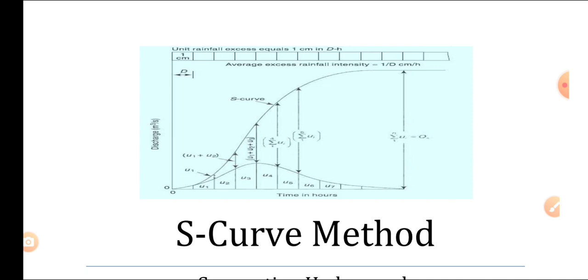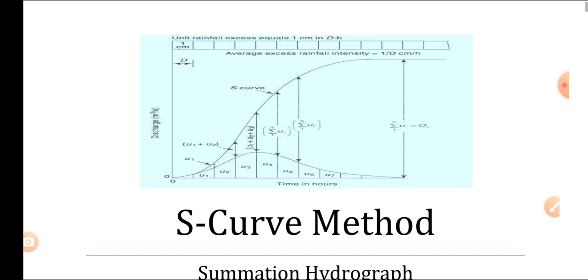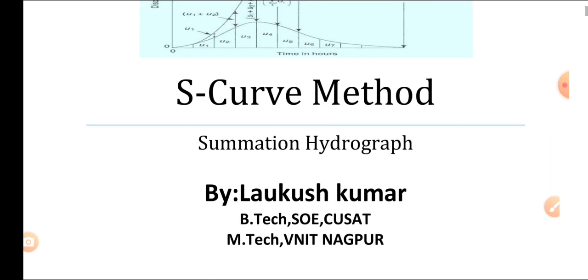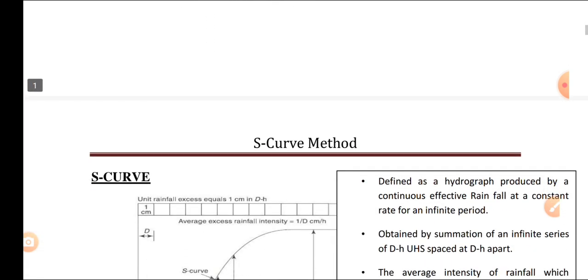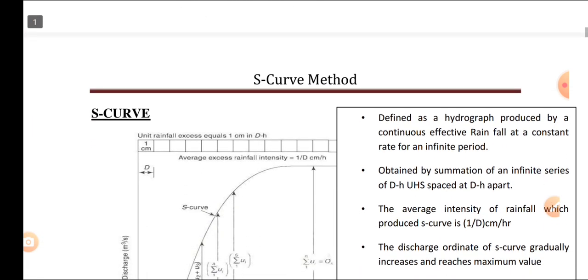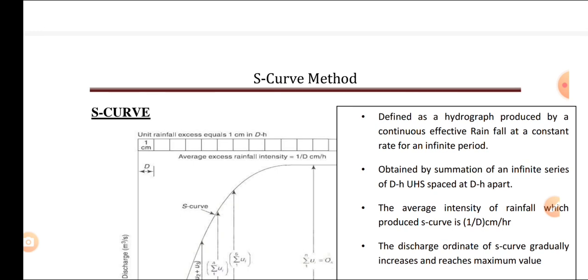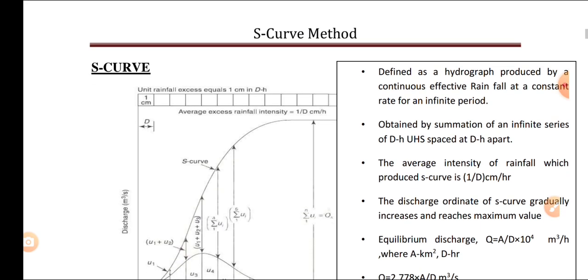Okay, so let's start. The S-curve method is also known as the summation hydrograph. So what is the S-curve? The S-curve is defined as a hydrograph produced by a continuous effective rainfall at a constant rate for an infinite period. As you can see in the figure, uniform rainfall of 1 centimeter is occurring for an infinite period for